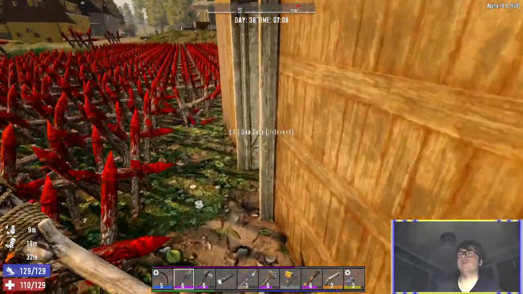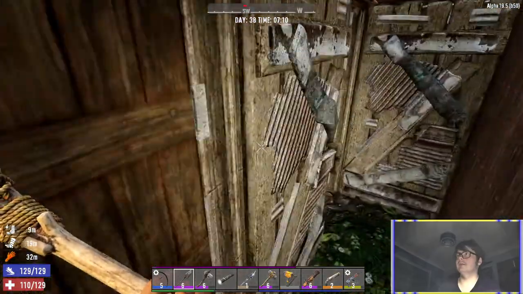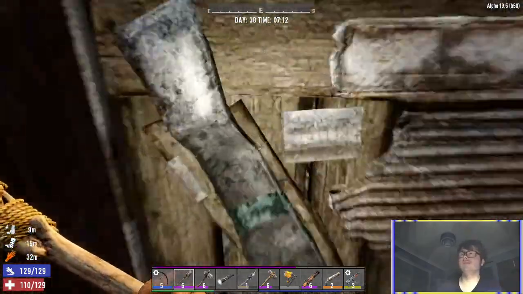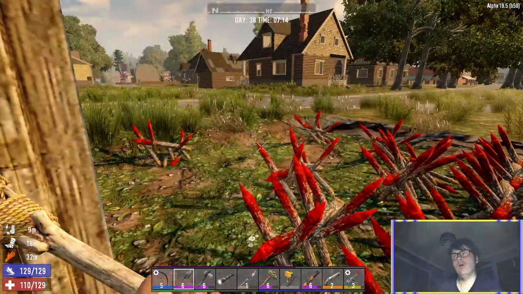So for the start, we're just going to go here, just avoid some of the spikes. We've got quite a few doors here. So, excuse me, Jesus Christ. The reason why there are so many doors is that this will obviously be blocked up by spikes on a Horde night, and so